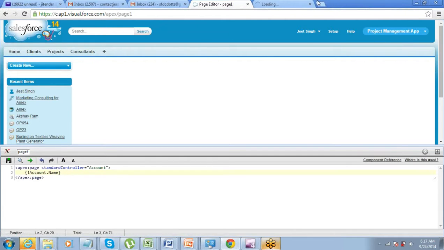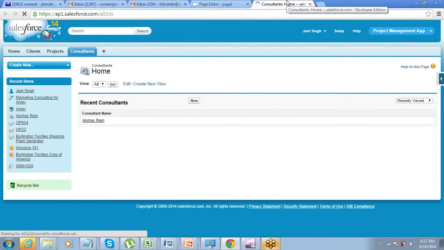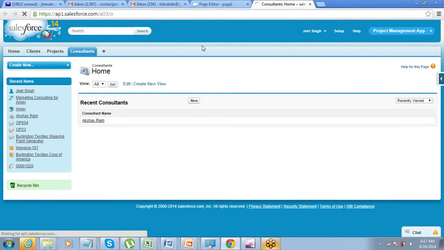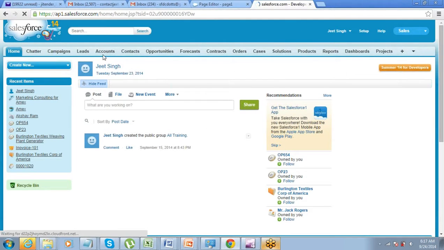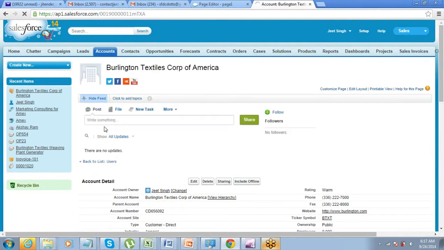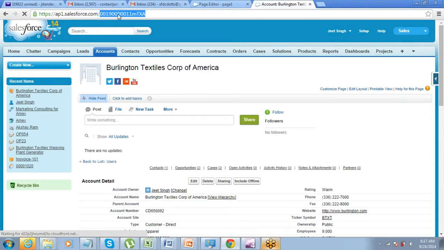You just have to take the ID of the record, then put it on the page. So pick ID of any record.